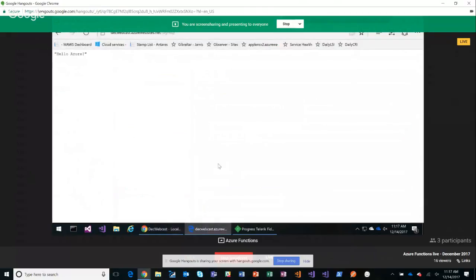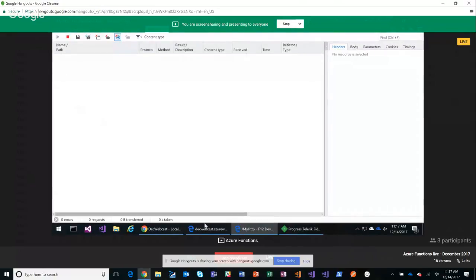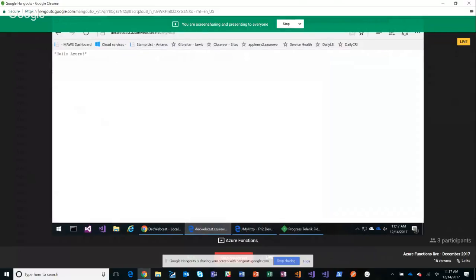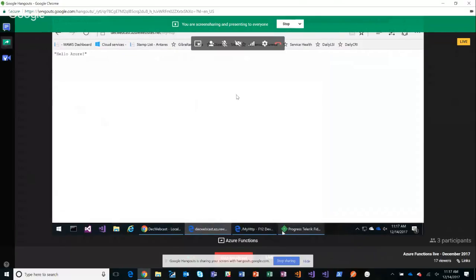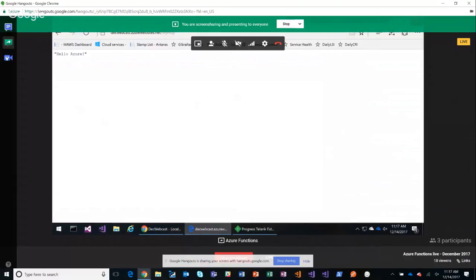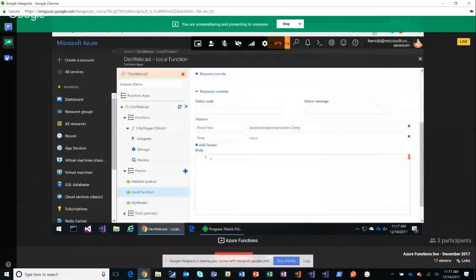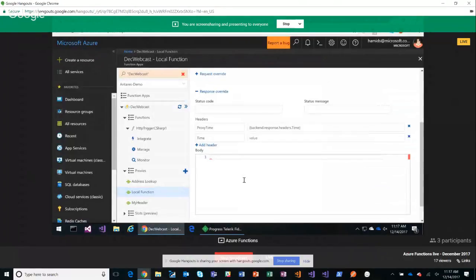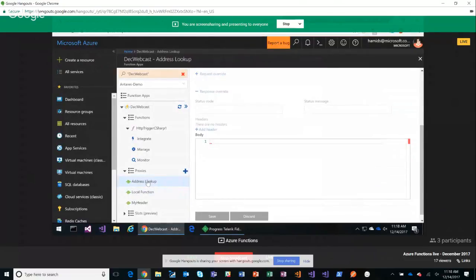So if I do F12 and refresh my function and go to the response header, we should see the proxy time that we added in the proxy. So this is another feature that you can always add, request or response overrides. And the other feature I wanted to show was